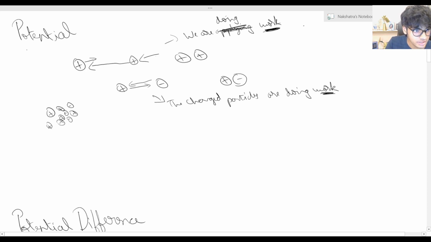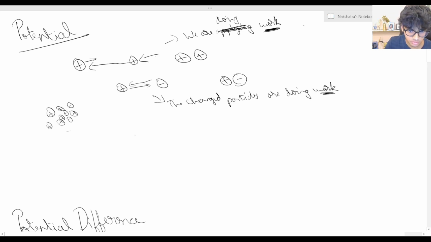What exactly is potential? Potential is the amount of work done in bringing the charges together. ठीक है, अब ये चार्जेस को जो मैंने इकट्ठा किया है, इनको एक साथ लाने में the work done, वही होगा पोटेंशियल. Okay, now